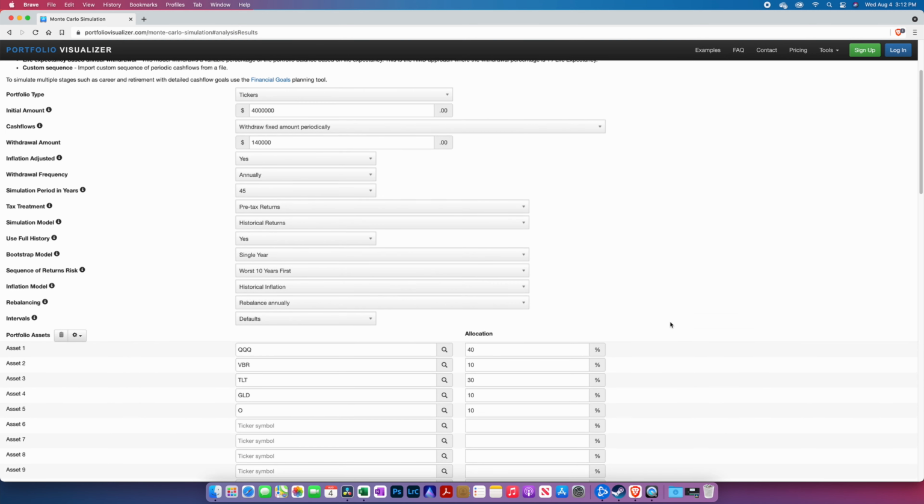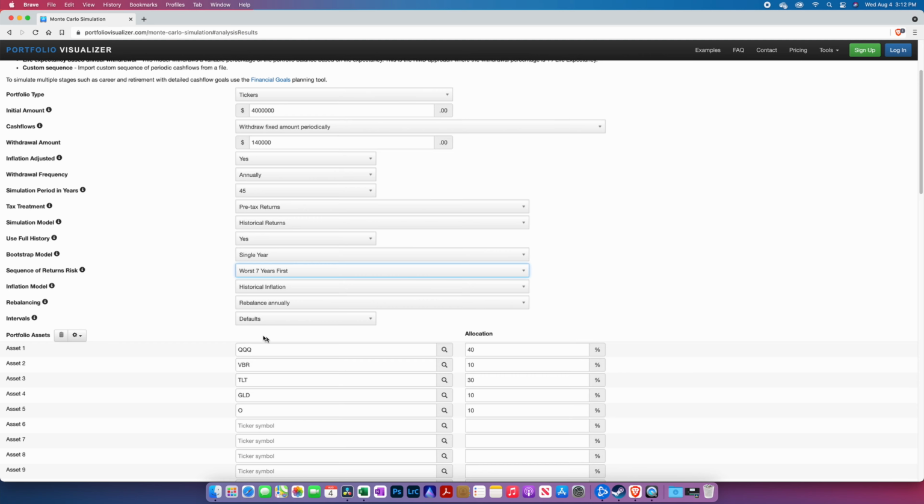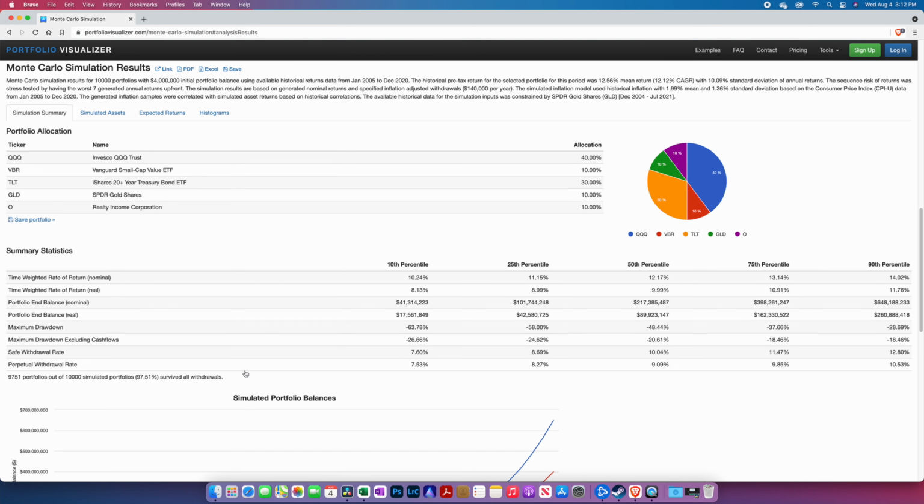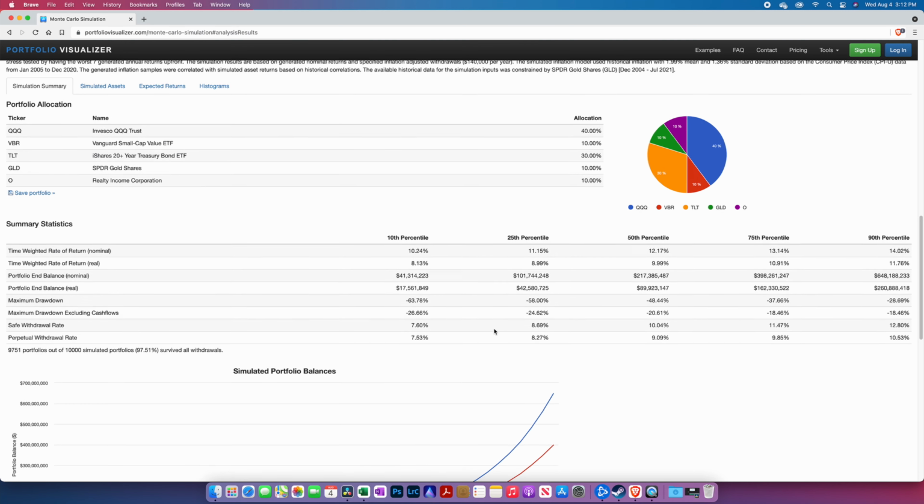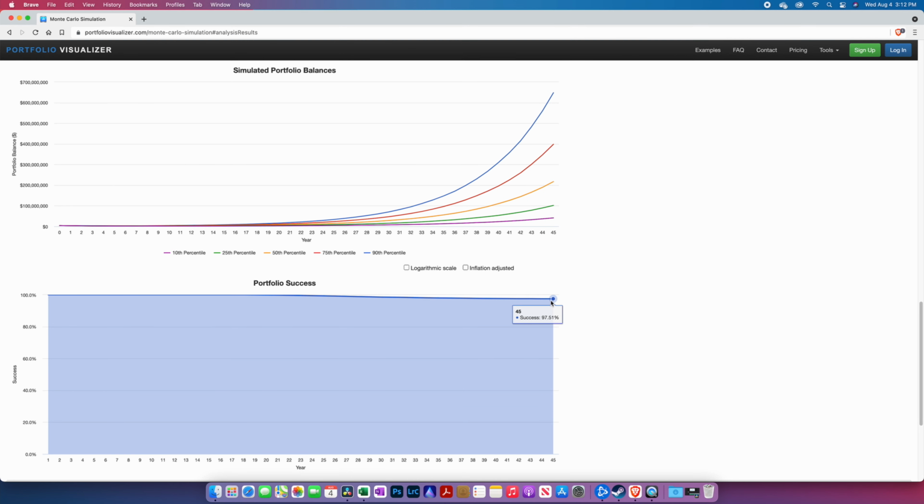Now, if I were to drop this sequence of return risk from taking the 10 worst years first down to, like, say, 7, we can rerun this and see what happens. And now even our 10th percentile is going to survive, okay? Our portfolio success rate drops down from 100% ever so slightly. It's still 97.5% successful, which is just great for this